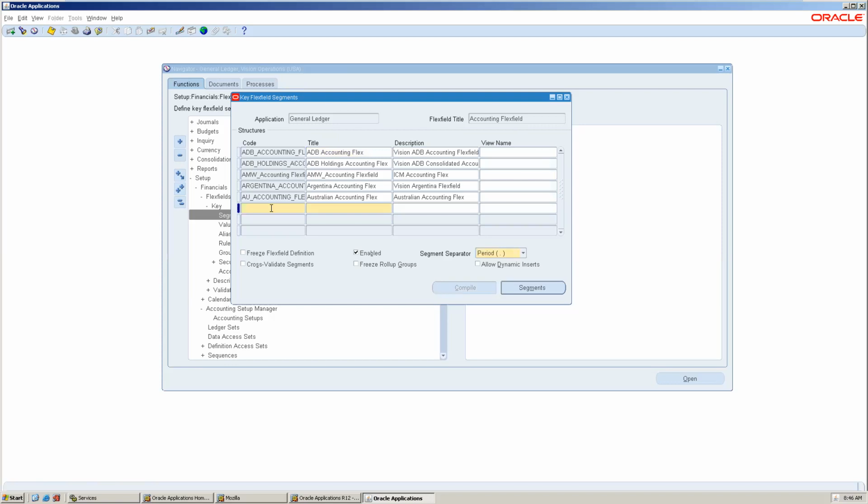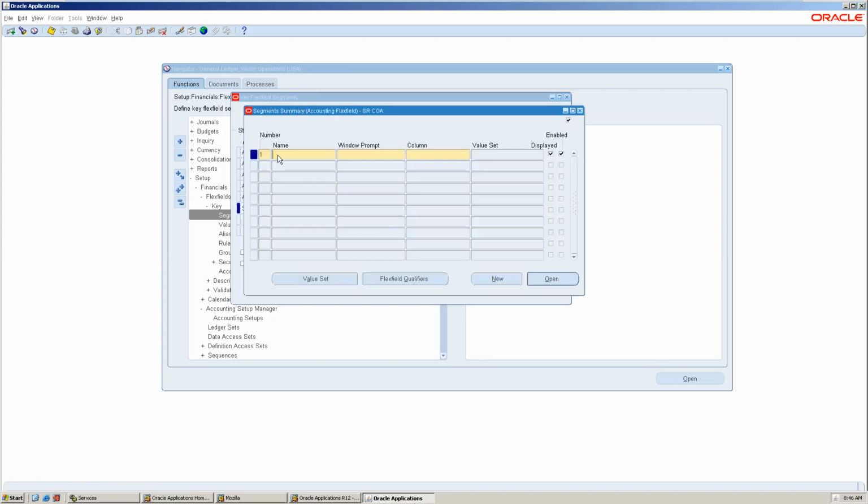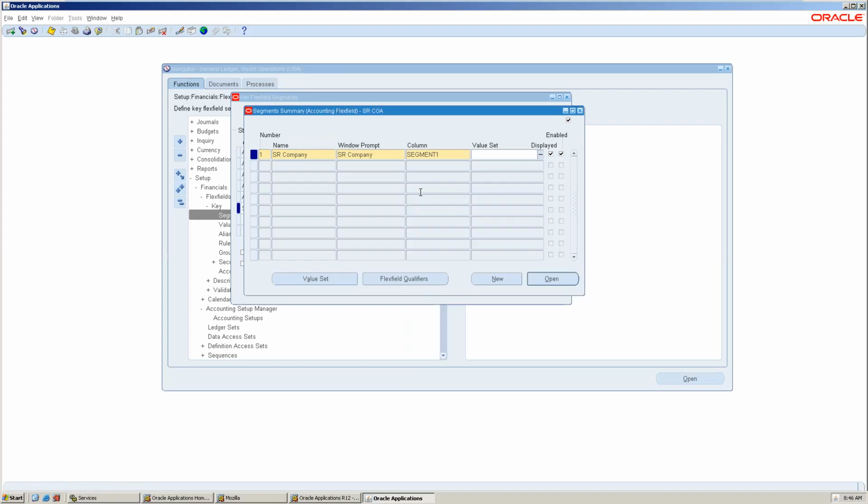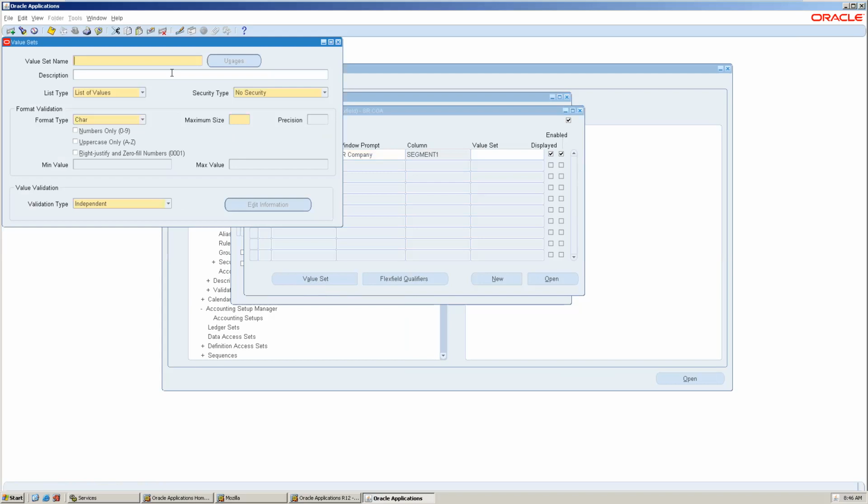If you want to create a new flexfield, you can create here, a chart of account or flexfield. I have to create one here. Company. So this is the first segment, right? I have to tell the system this is the first segment. So I created a segment. Next, as I said, I have to create a value set. Here is the value set. Just copy the same name. In company, I gave 01, 02.